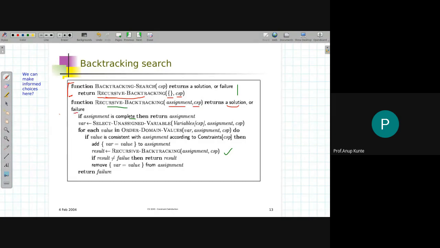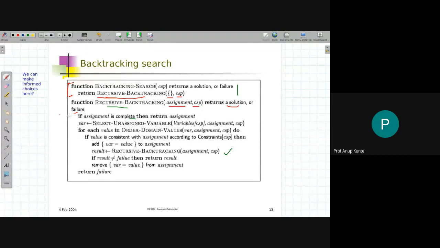One of the two cases happens, and this algorithm is complete if the variable count is finite and the domain size is discrete and countable. If both are finite, then this algorithm will definitely find a complete assignment which is consistent. That is what you need to understand about this algorithm.